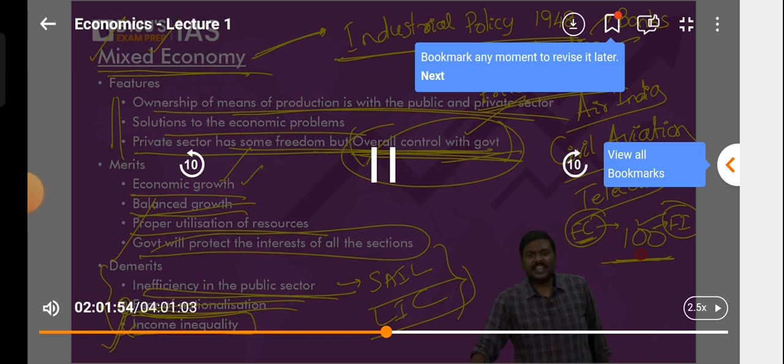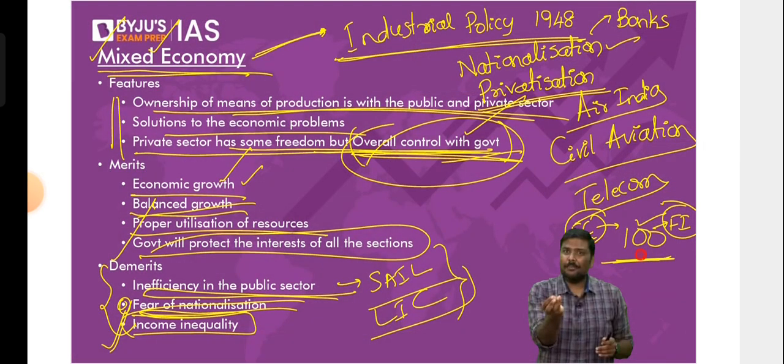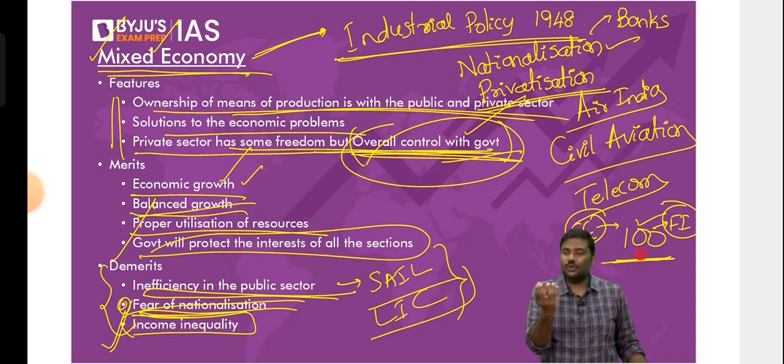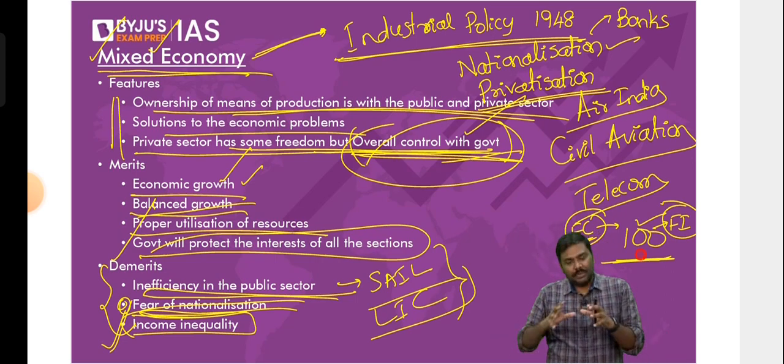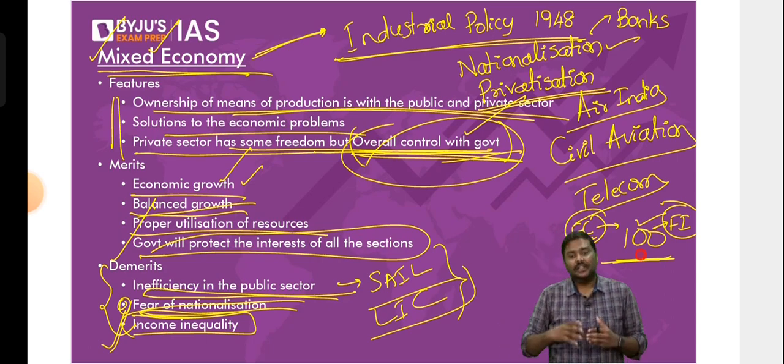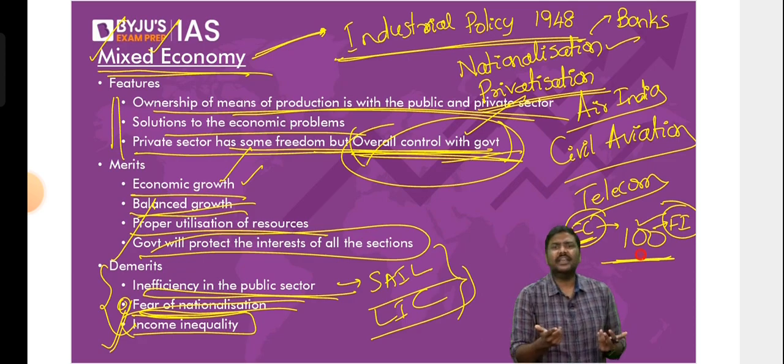Means negotiation, the exploitation of resources more efficiently, or private government will construct it. They can abuse the labor. Abuse in the sense they pay very low to labor. That is also efficiency. The idea is, I stated that there is no incentive for them to become efficient. Incentive, do not always assume that it is money. I stated that because there is no competition. If the competition is there, they want to earn more profit, and in order to earn more profit, they become much more efficient. They improve the productivity of the workers. They will bring better technology. But in case of, let's say, socialism, there is no competition. Only one company is there. There is no incentive for them.